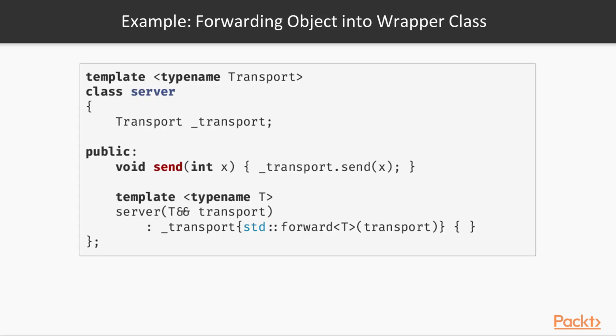Imagine that you have a server class that takes a transport policy as a template parameter, and you store this transport inside the server class. Then, in the public interface, you expose a send function that takes some int and sends it through the transport policy. You also want to construct the transport passed by the server's constructor by a forwarding reference. So you will have a server constructor that takes a T&&, where this is a forwarding reference, not an r-value reference,